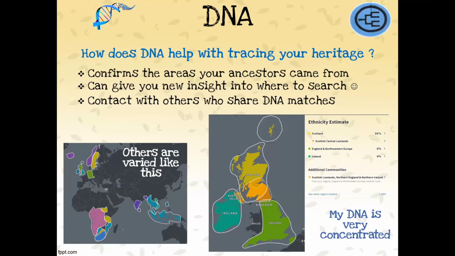I know 3 of my grandparents were Scottish and 1 of my grandparents was English. I know that on my dad's side, the Scottish ancestry had come across from Ireland, so I know those countries. I know from my grandmother's side that although she was from England, her heritage came from France.